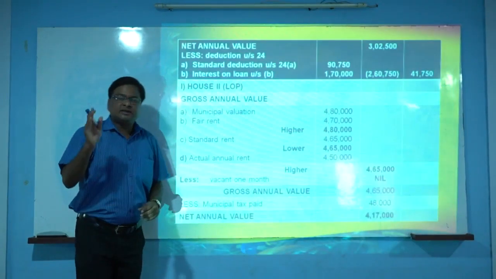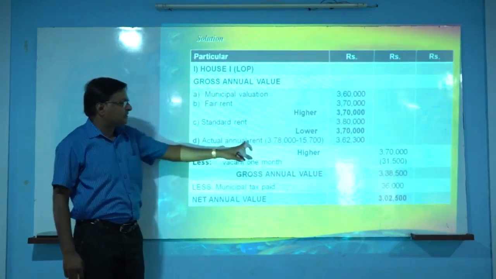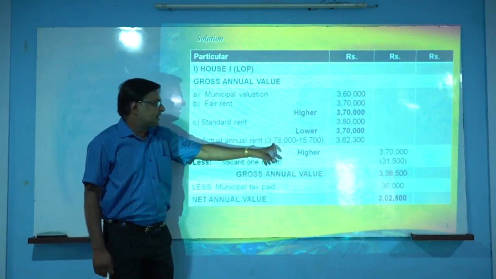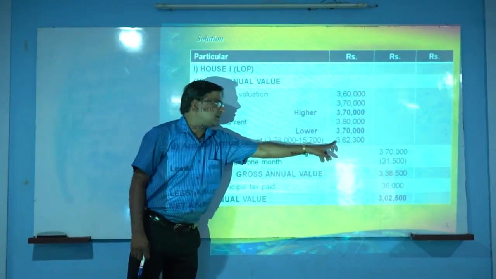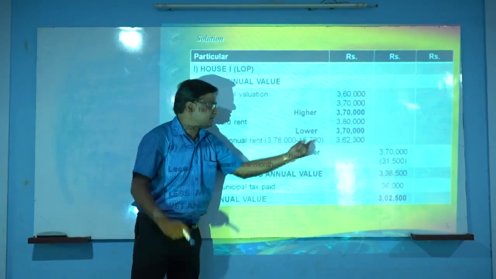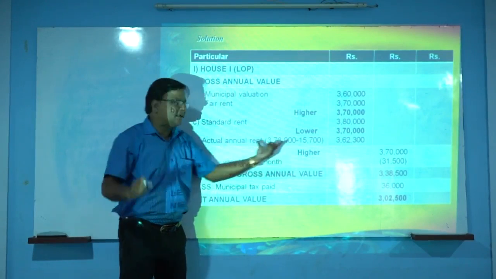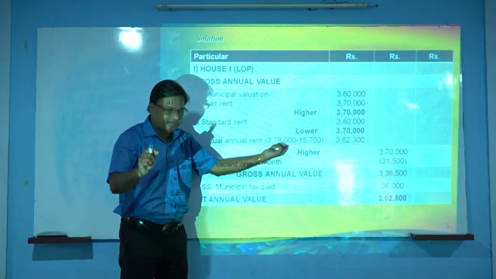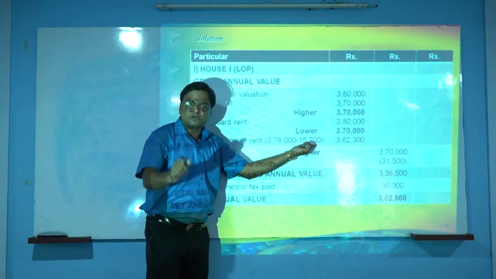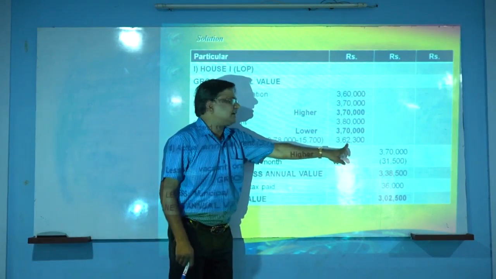जर अनरिलायझ्ड रेंट प्रॉब्लेम मध्ये दिला असेल तर आपण इथं डी पॉइंट ऍक्च्युअल अॅन्युअल रेंट ज्यावेळी घेतो तर त्यावेळी अॅन्युअल रेंट मधून त्या अनरिलायझ्ड रेंट वजा करून येणारी रक्कम आपल्याला या ठिकाणी घ्यावी लागते. म्हणजे ती रक्कम इथं वजा करावी लागते. Means we have to deduct that unrealized rent from actual annual rent. That annual rent is 3,78,000 minus 15,700, the unrealized rent. Then the remaining amount will be taken to the outer column.